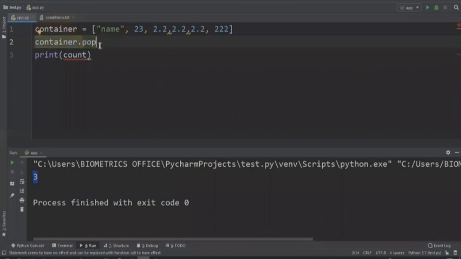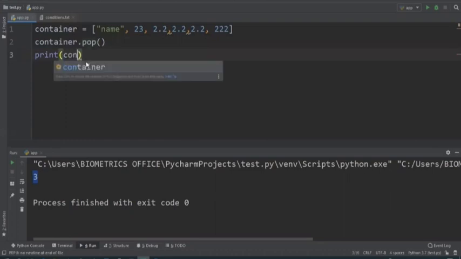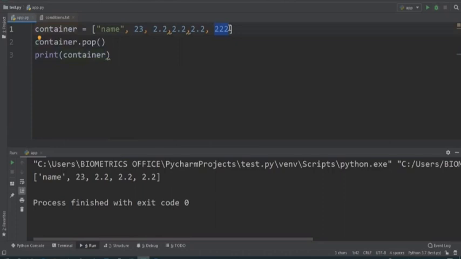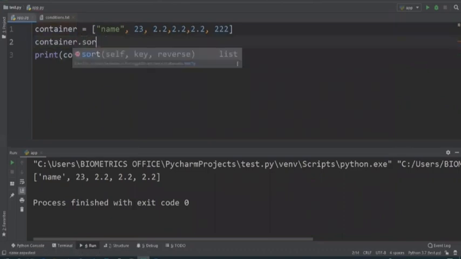container.pop. And then if you go ahead and print container, you see the last element of the container has been deleted dynamically. So there's another one. Sort